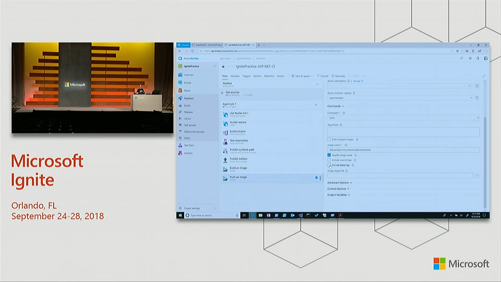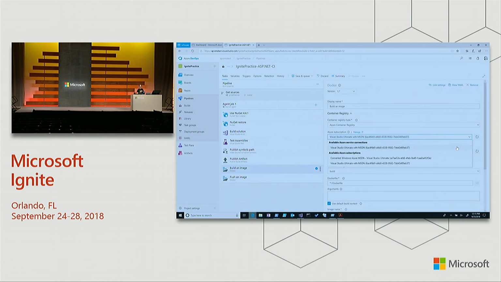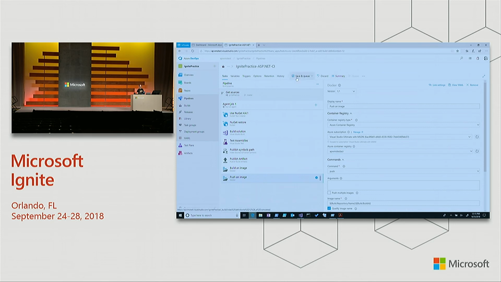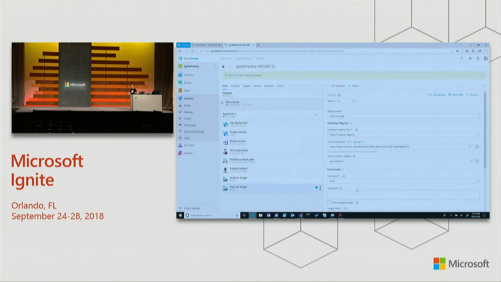I'm a little concerned why it's not pulling in my subscription, but let's just make sure that that's good. Yep. And there we go. This one as well. Yep, done. Let's save and queue. And that's going to build all of my code, run my tests, build my containers, and then push them to Azure Container Registry. Now what I can do is go in and create a web app,